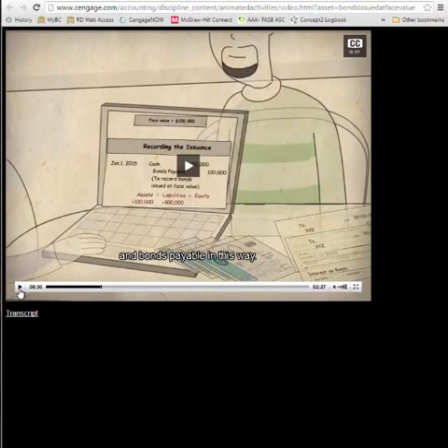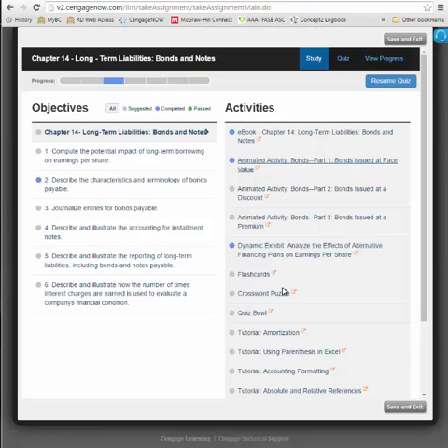Okay, so what this illustration did was to show you how to record the bonds, an increase in cash, an asset, and an increase in bonds payable, the liability that will appear on the balance sheet. And so each learning objective has 2, 3, sometimes 4 videos like this that explain how to do the particular examples. In addition,